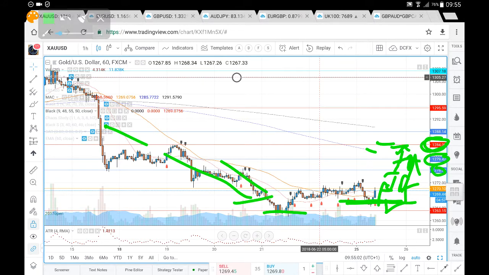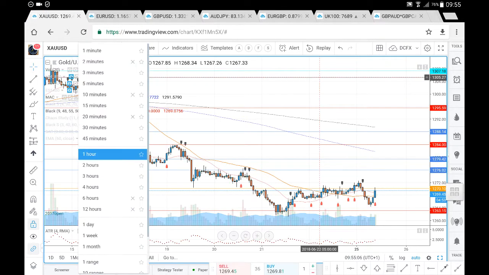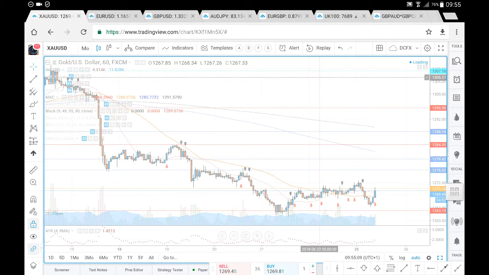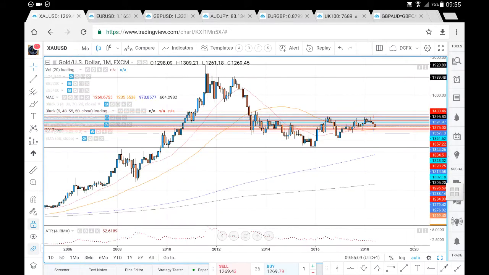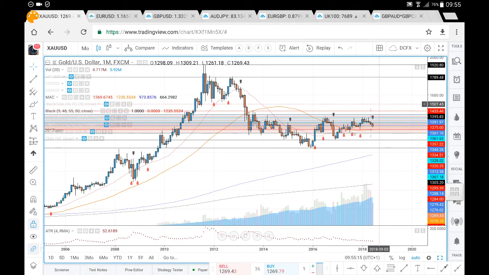Now, let's just have a look here at the higher time frames to see how prices have been developing. So we have a look here at the monthly chart, and over on this monthly chart, we can see we had our higher lows, but what we have seen more recently is we've formed slightly lower highs, and we do appear to have had an acceleration in downside momentum here from a monthly chart perspective on the XAUUSD,